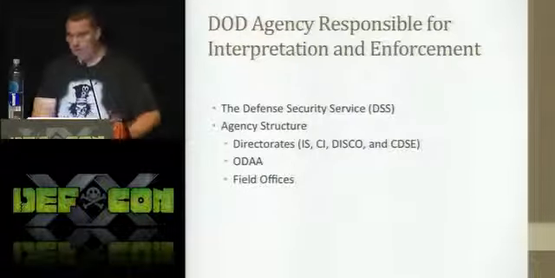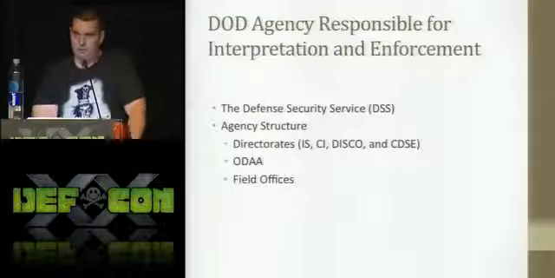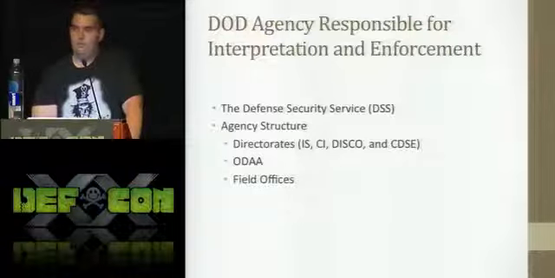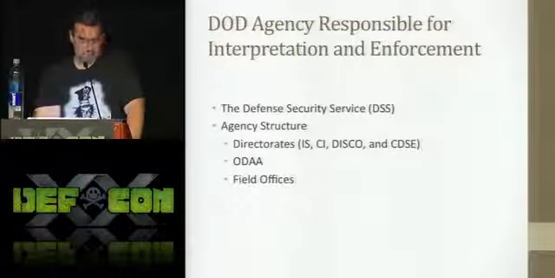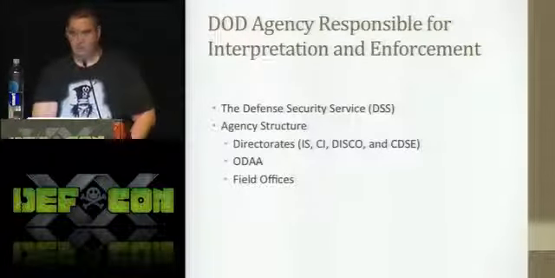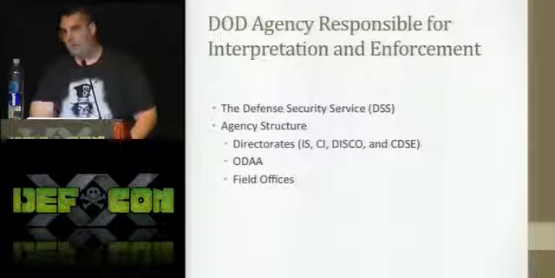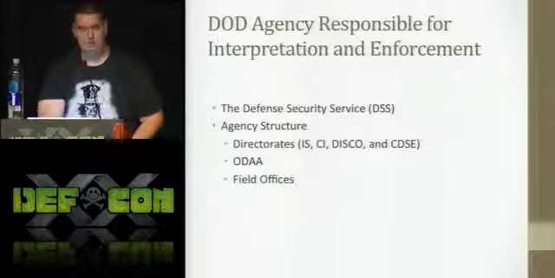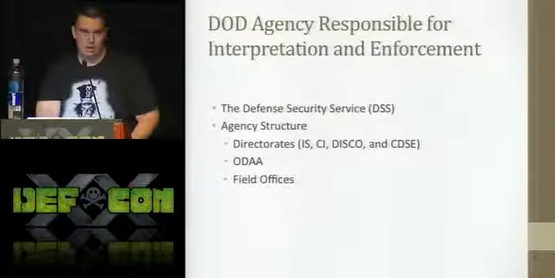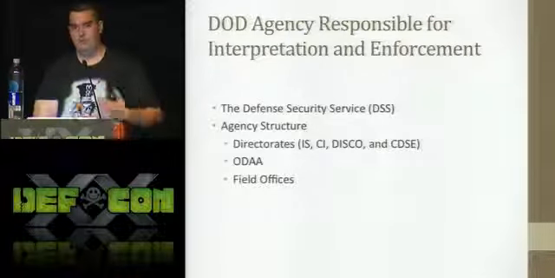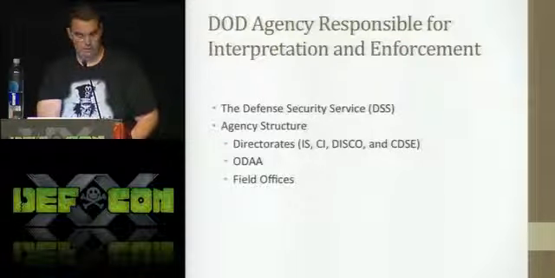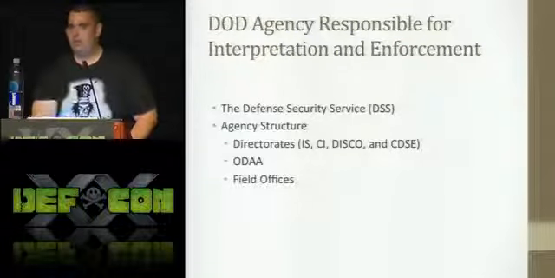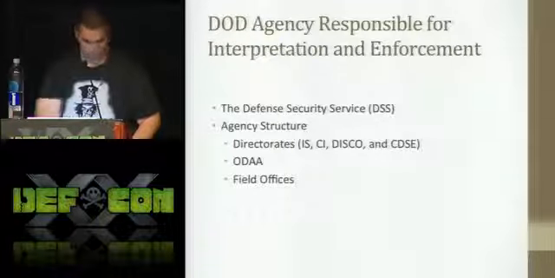So ODAA is a subgroup of industrial security. It's called the Office of Designated Approval Authority, and these are the guys that handle just the computer systems that process classified information. There's four regionally dispersed DAAs. These are Designated Approving Authorities, and these are GS-15s. If you know anything about the military, they're the equivalent of a colonel or a captain in the Navy. So they carry a lot of authority. And they're the ones who derive the security controls based upon where your company is in the country. So it's like West Coast, southern part of the United States, East Coast, and then the capital region.